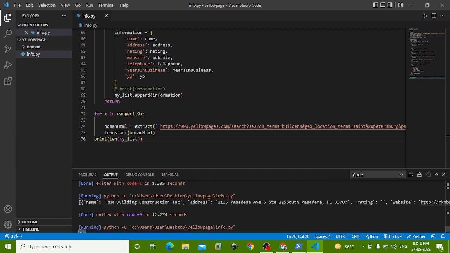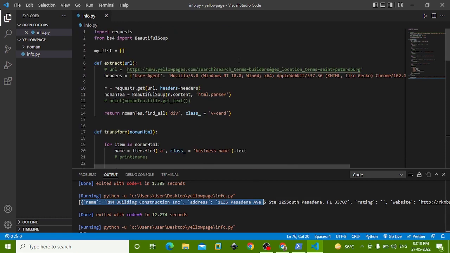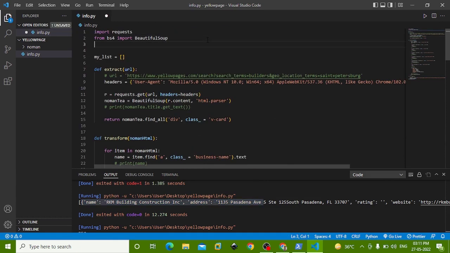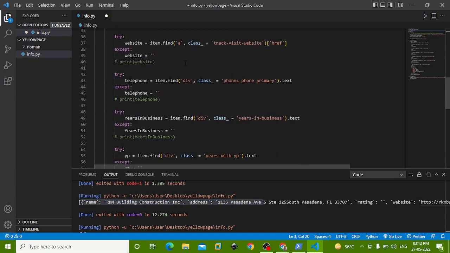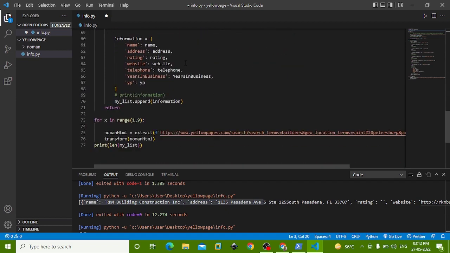Now before we print this list item, I'm going to import pandas. With the help of pandas, I'm going to import that list into a CSV file, pandas as pd. Scroll down. Before this for loop,